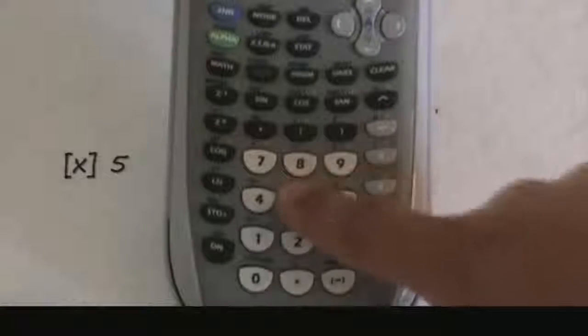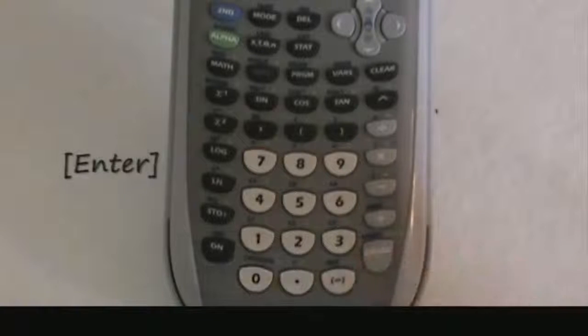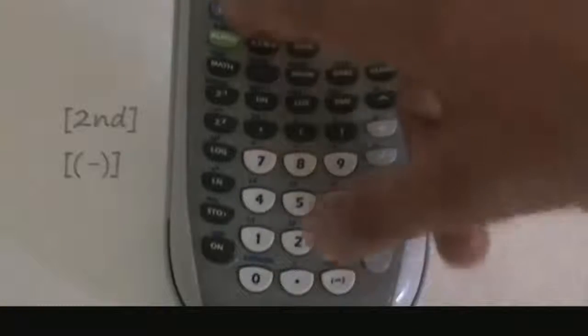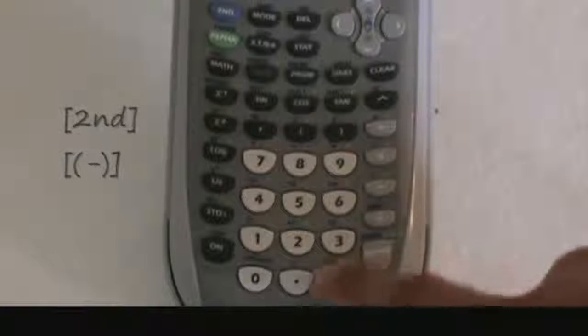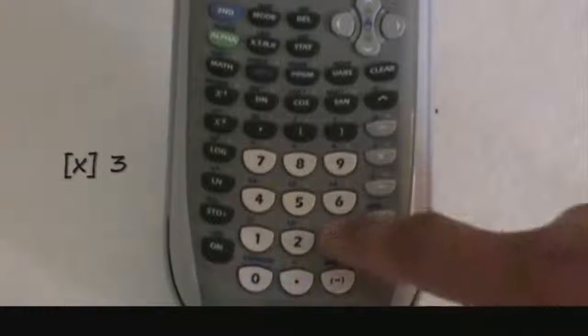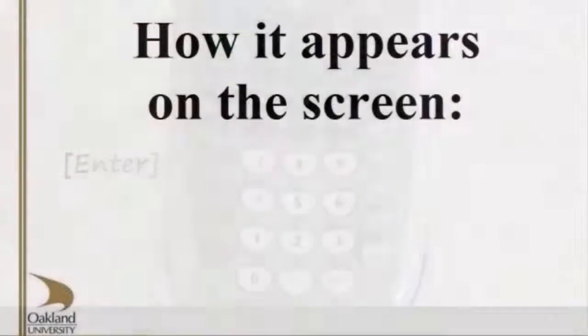So we see we enter 25 times 5. Enter will give us our answer. By hitting second answer, we'll bring up our answer, multiplied by 3 will give us a final answer. So let's see how this appears on the screen. We entered 25 multiplied by 5 is equal to 125. And when we hit the answer key, it's the same as bringing up 125 times 3, which will give us